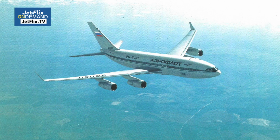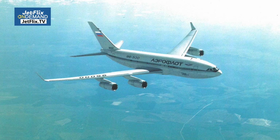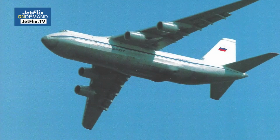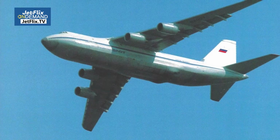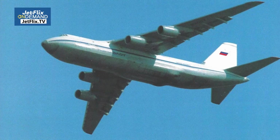The final IL-96 flight took place between Moscow Sheremetyevo and Tashkent on March the 30th, 2014, marking the end of the era of the IL-96 aircraft with Aeroflot. The AN-124 Ruslan was designed by Antonov in Ukraine and is a heavy transport aircraft